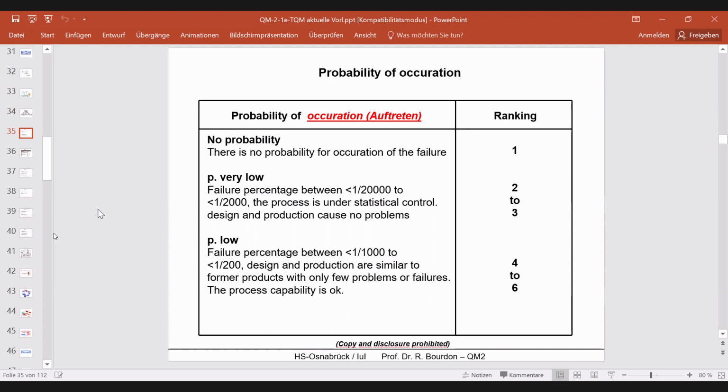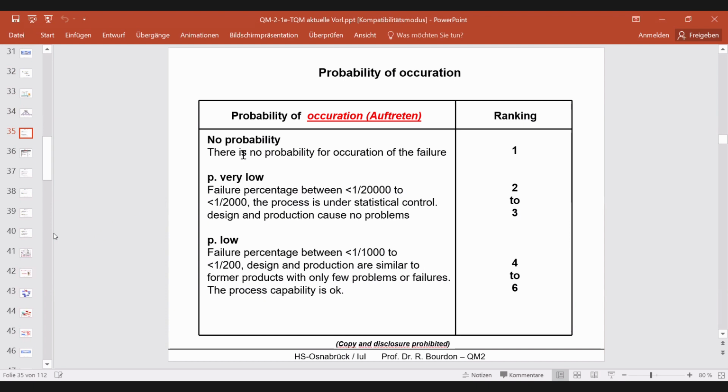An FMEA has 4 criteria. The first criteria is the probability of occurrence. There is a cross-functional FMEA team in the company. In the FMEA team, there must be an experienced person from the design shop, the project manager, production, maybe a shift leader or someone from production, someone from purchasing, and quality assurance. So it is a cross-functional team of about 5 or 6 members. And these people are sitting together in a meeting,